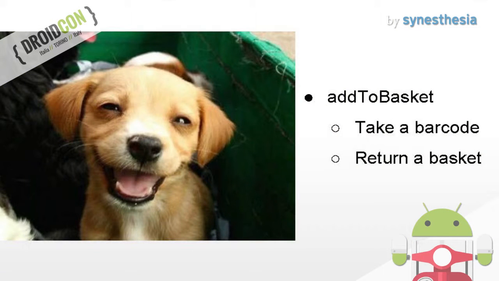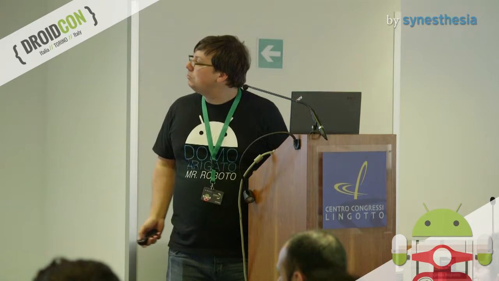So all is starting well. I mean, it's a simple API. I'm adding to the basket, passing in a barcode, and I have my updated basket back. It's perfect. I could even do an async task. Like, I have my setup, I execute something in background, and I get my post execute. What's wrong with that? Nothing right now, except 4 months later, when it looks like that. Yeah, we don't want that.